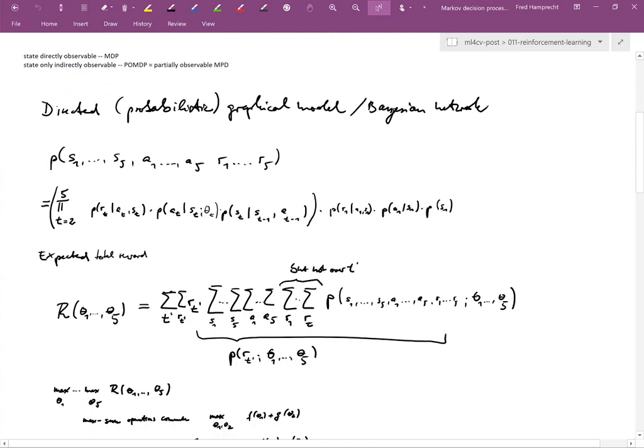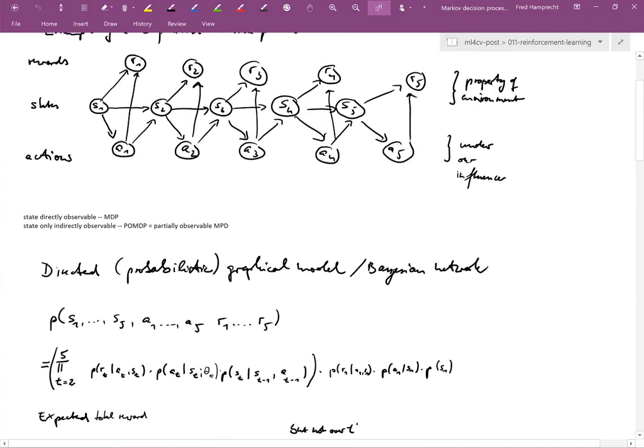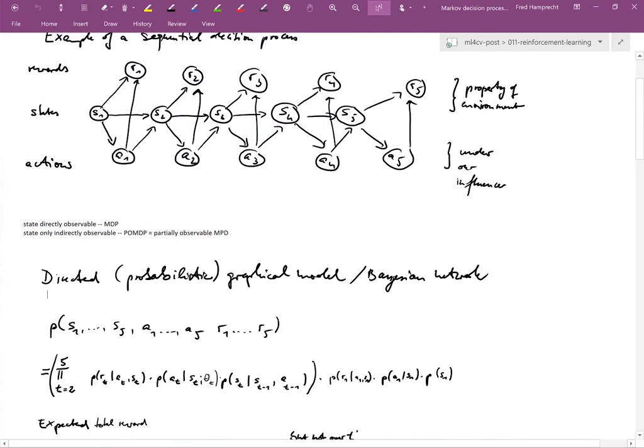Okay, now this is nearly a chain, but not quite. So if we look from a distance, it looks like a chain structured model, but then we do have these small loops. So what we can do is essentially still treat this as a chain, but a chain which has composite nodes. And then we will send messages along this chain, just as we did in belief propagation in undirected probabilistic graphical models. Okay.